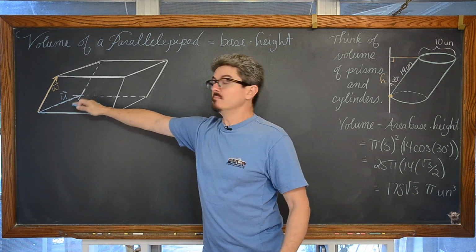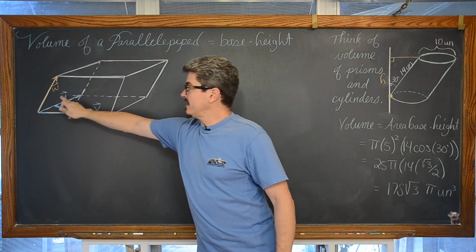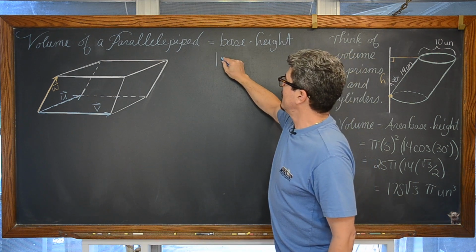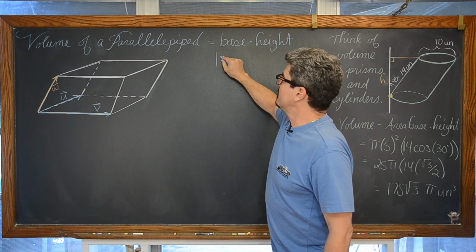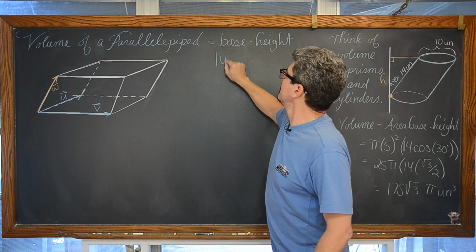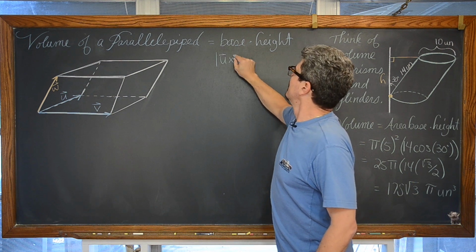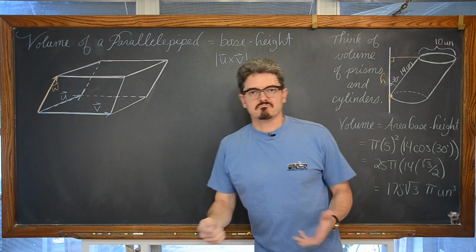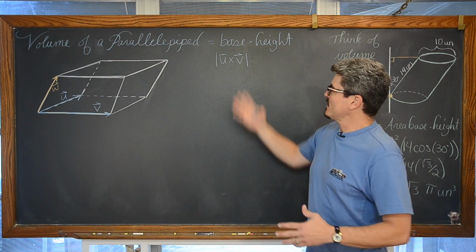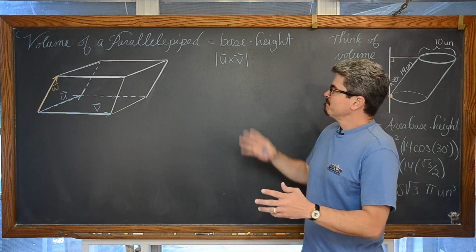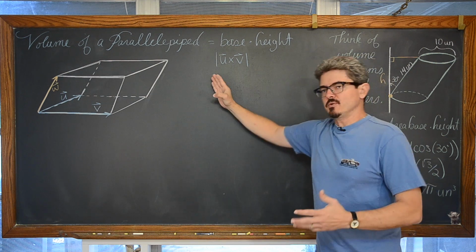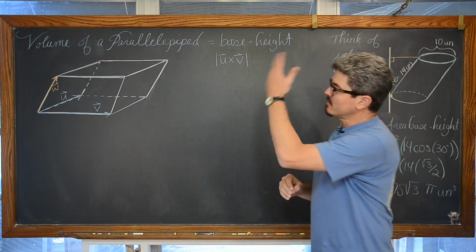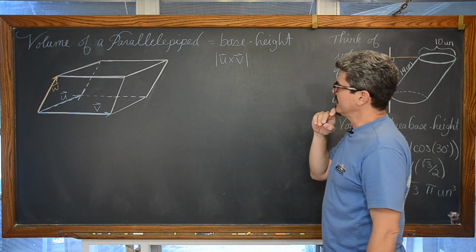Now we just learned a formula for finding the area of a base, which in this case is a parallelogram that has two sides defined by vectors. The area of the base is the magnitude of the vector cross product of vector u and vector v. Well, we just did that in our last lesson. So we understand how to do that, but you're not going to see the magnitude of a vector cross product in your formula for the volume of a parallelepiped. So what is going on there?